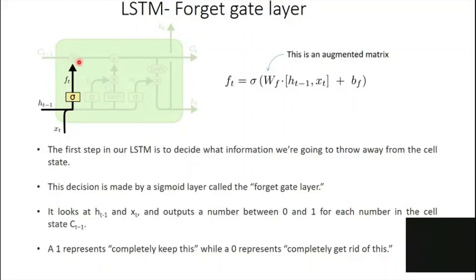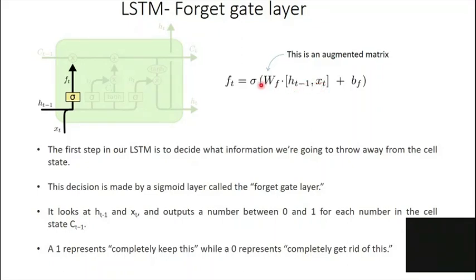You can see here, the input to the forget gate is the previous hidden state input and the current input x of t. And the output of that is simply a sigmoid activation function. So this passes through a sigmoid activation function and the output is taken as f of t. So you can see the representation is like this: wf into h of t minus 1 comma x of t plus b of f. This wf is an augmented matrix which has the weights for h of t minus 1 and the weights of x of t. So just for ease of computation, we have considered them together.